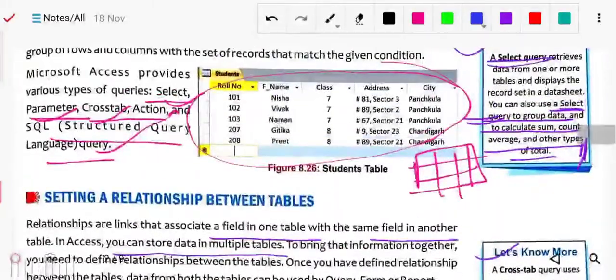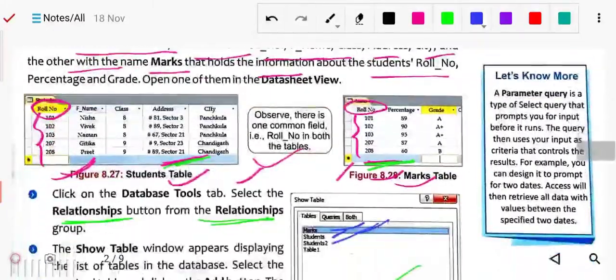And one more we have, the parameter query. A parameter query is a type of select query that prompts you for input before it runs. It will ask for the input before running the query, then uses your input as the criteria that controls the result.